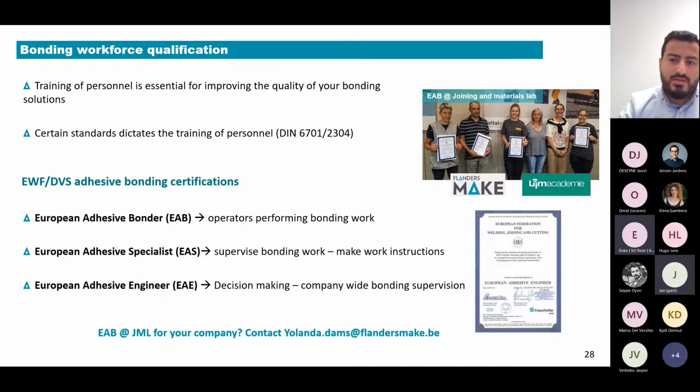According to the European Welding Federation, there are 3 levels of qualification and certification in adhesive bonding. The first level, the basic level, is the European Adhesive Bonder, and this qualifies the operators who will actually perform the bonding work. The second level, which is a little bit higher, is the European Adhesive Specialist level, which qualifies the bonding supervisors and those people who will also draw up the bonding work instructions. The highest qualification level is the European Adhesive Engineer, which is more into decision making and also supervision of